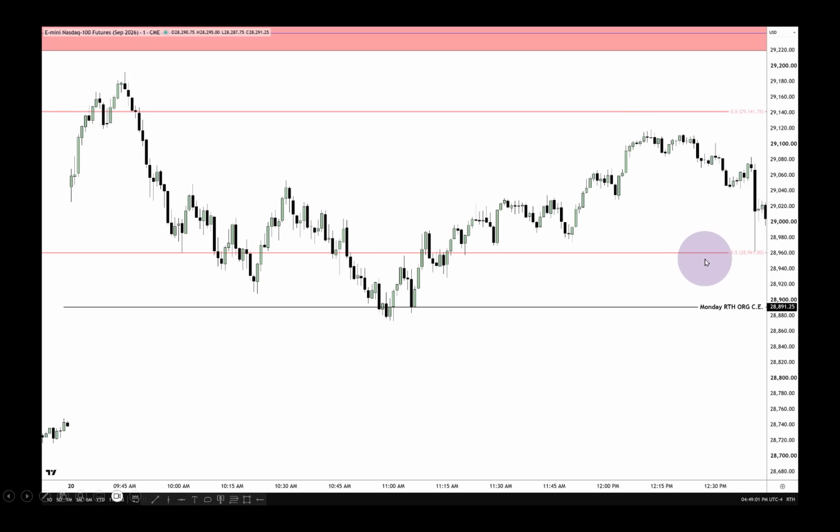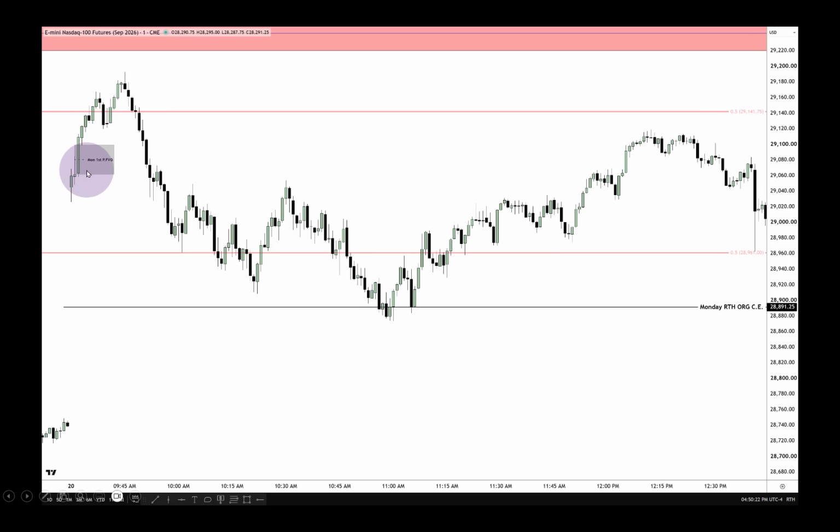Okay, so we're seeing that the market's worked its way above consequent encroachment on Monday's regular trading hours opening range gap. Consequent encroachment. I know it's a lot of stuff in that word salad. We worked up into this area here and then went lower. Take your attention over to here. See that? Volume imbalance,